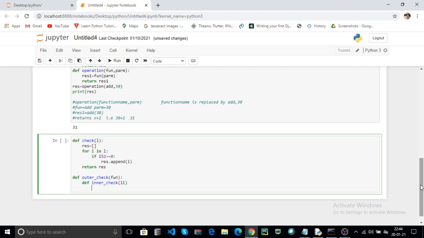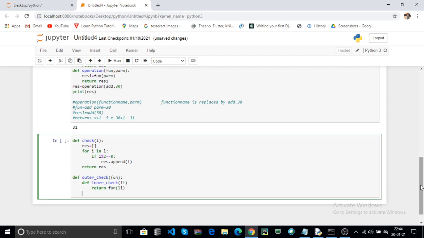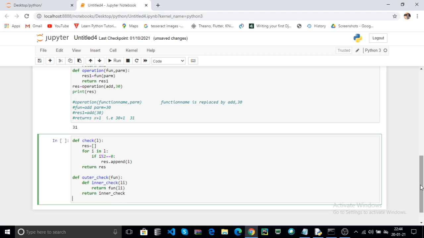In that function I return your list, that means fun function of the passing item, and finally return your inner check. This is the decorator.